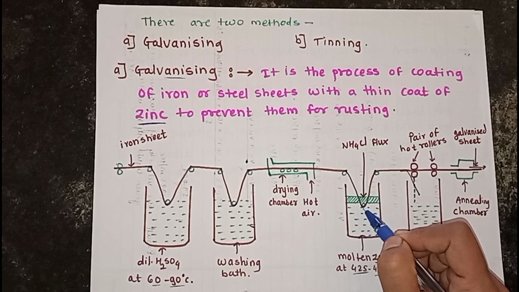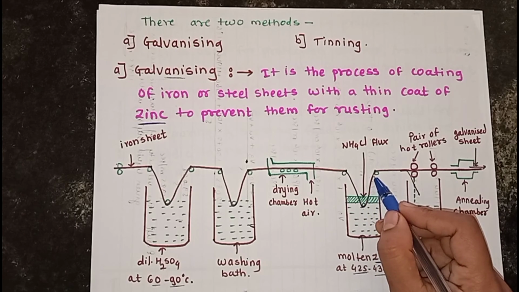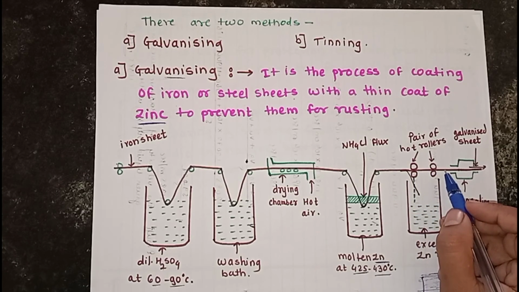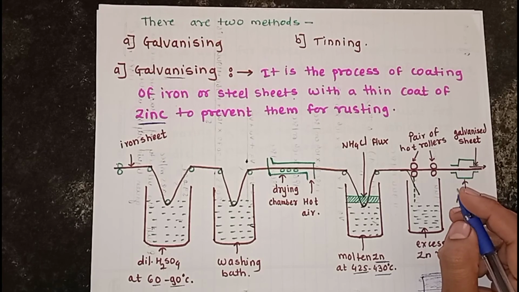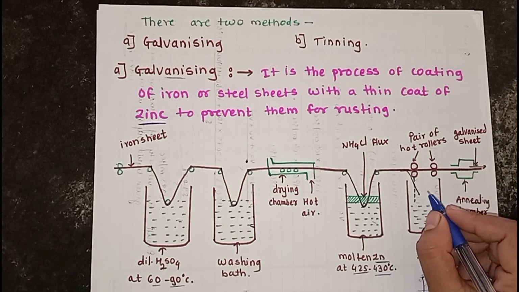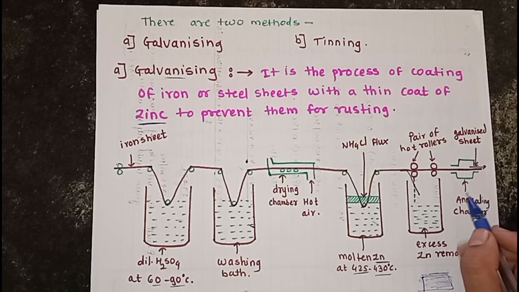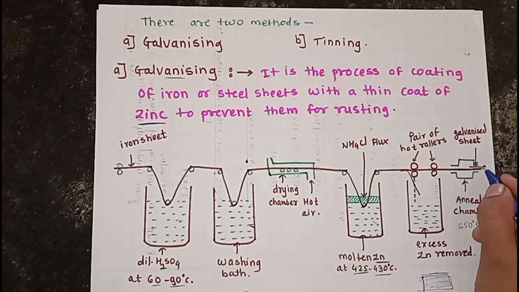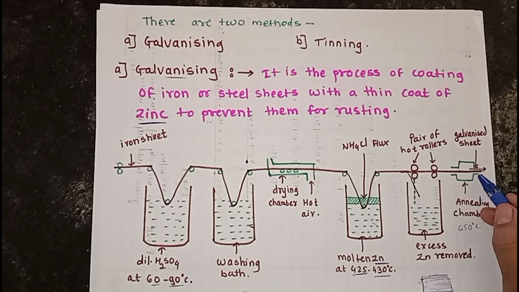When the iron sheet is dipped and forms a thin layer of zinc over it, it is passed through the pair of hot rollers, and these hot rollers make the coating of zinc uniform over it by removing the superfluous zinc metal. Then it is annealed in the annealing chamber, which has a temperature of about 650 degrees Celsius, and then cooled slowly,